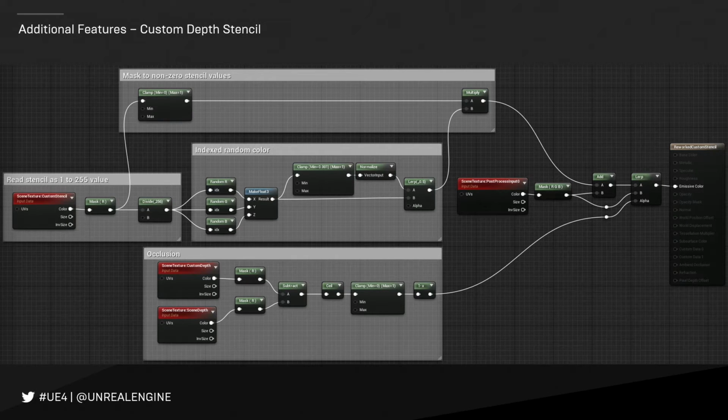So if we look at this image here, this here represents some high quality pens. This here represents the image that you would normally see on screen, okay? And this here represents how far away every pixel currently is that we can see. And this represents how far away the custom depth assets are.